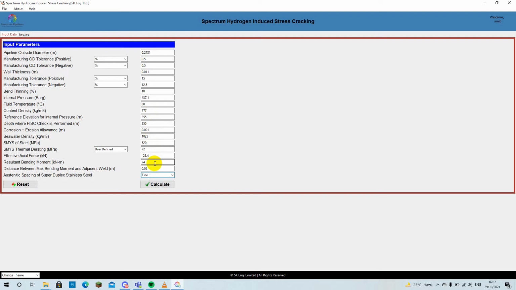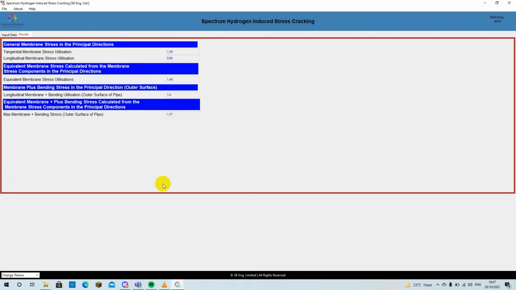Once the input data has been inserted and the user hits the Calculate button, the software solver calculates for the required parameters and outputs the results on screen. The results screen is divided into four sections. They display the utilization ratios for the general membrane stress in the principal direction, the equivalent membrane stress, the membrane plus bending stress in the principal direction on the outer surface, and finally the equivalent membrane plus bending stress calculated